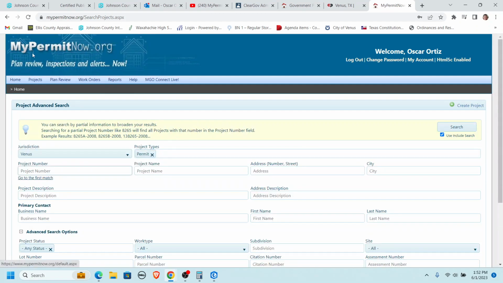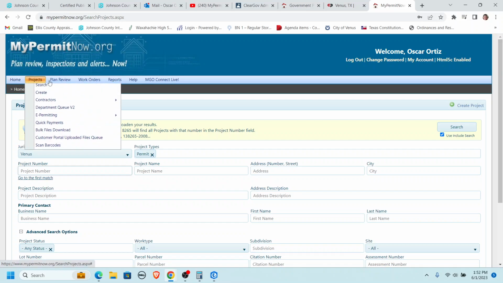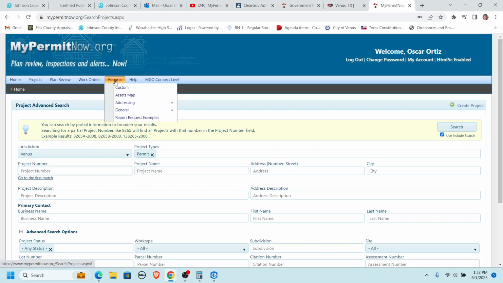When you log in, you will see this: mypermitnow.org, home, projects, plan review, work orders, reports, help, MGO, connect live. And on the right hand side, you see welcome, Oscar Ortiz. You will be seeing Craig Kerkhoff. You have these options: log out, change password, my account. So the first thing you need to do is change your password from temporary to something permanent that you know